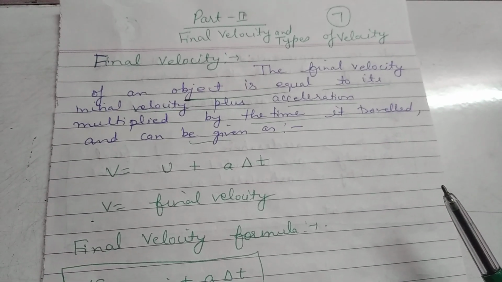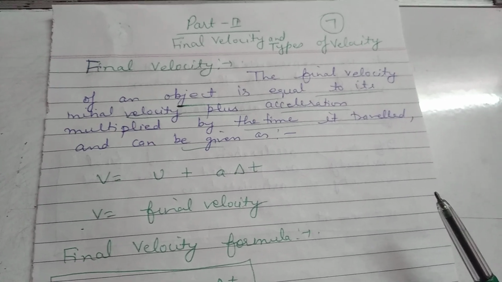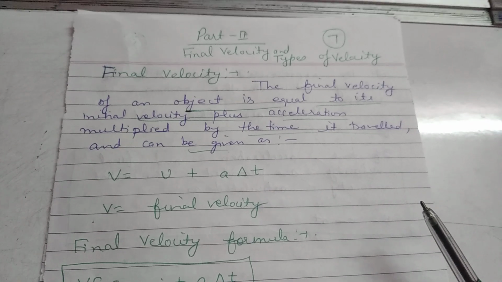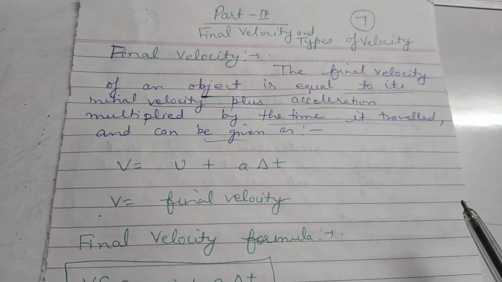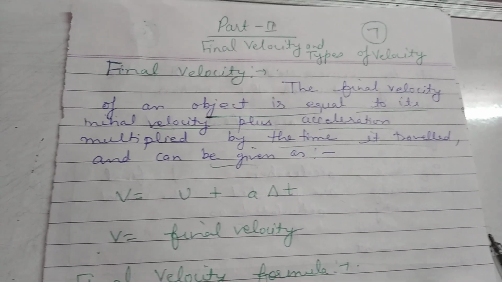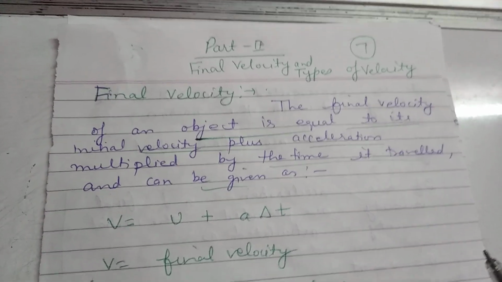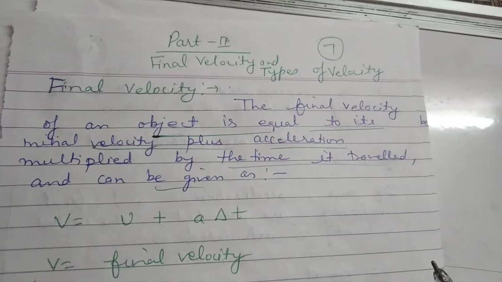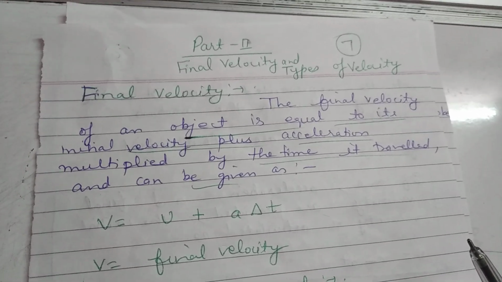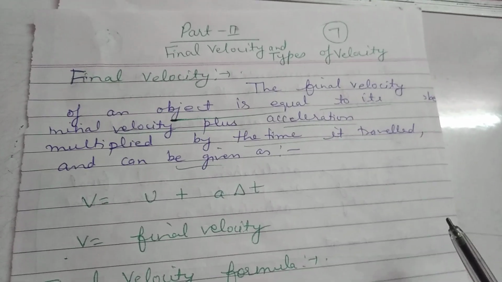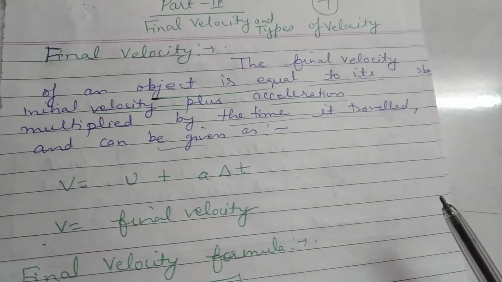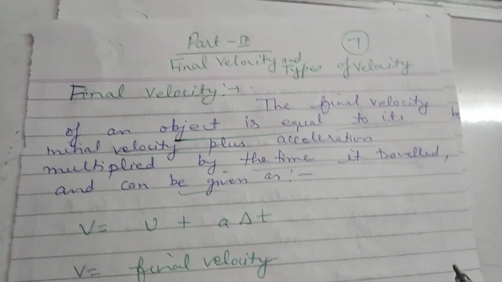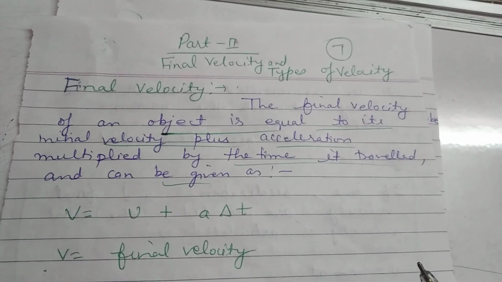So first of all, we start with the final velocity. What is the final velocity? The final velocity of an object is equal to its initial velocity plus acceleration multiplied by the time it traveled. It means that we can calculate the final velocity by its initial velocity plus acceleration multiplied by the time. The equation is given as v is equal to